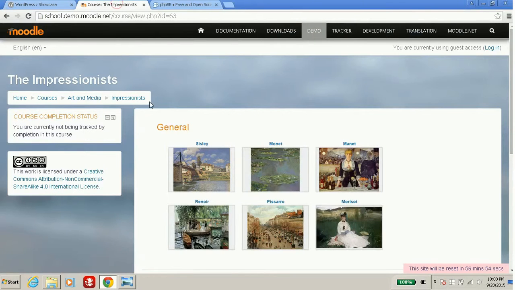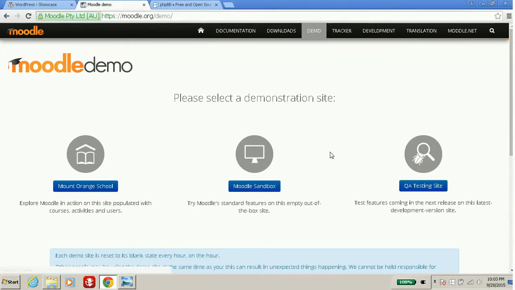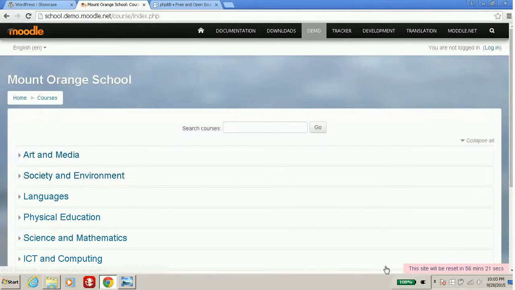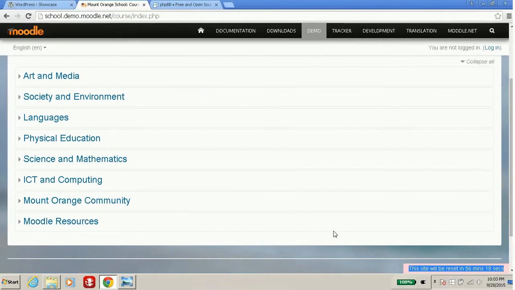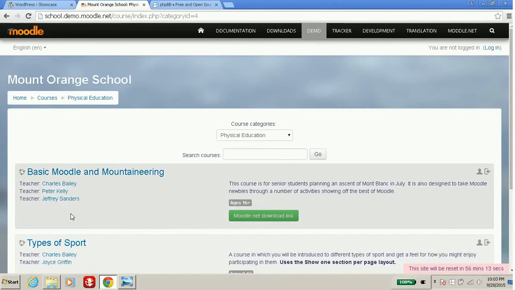Now moving on, Moodle is a very popular learning management system, LMS. It's free and it's open source, which means you can modify it. And if you go to the website moodle.org, if you click on demo, you can actually see a demo of how this site works. So let's go to the demo, Mount Orange School. Okay, let's go to a course. Okay, and you notice here that the demo will reset every hour or so. So this one just reset. So you can actually modify these courses if you want, and then in 1 hour they will be